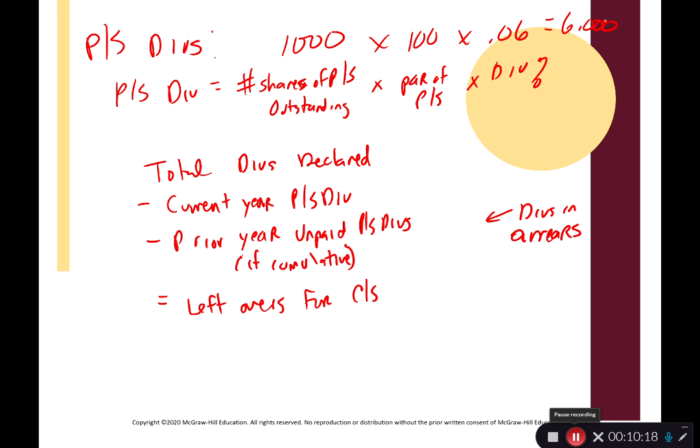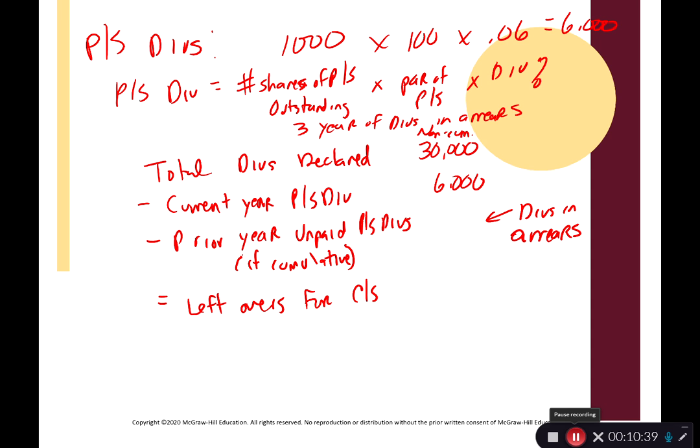If total dividends declared were 30,000, then we get the current year preferred stock dividend, which is 6,000. Let's say there's 3 years of dividends in arrears,